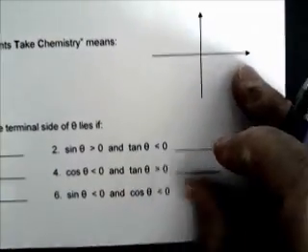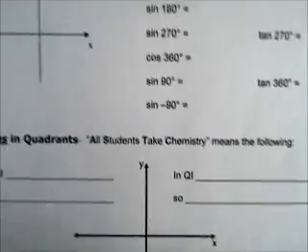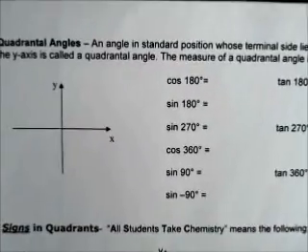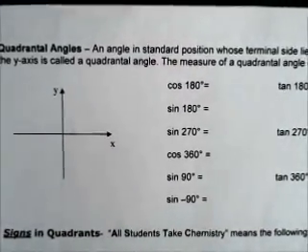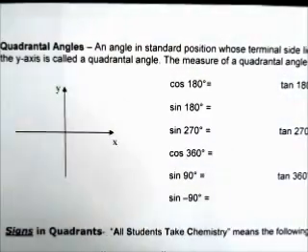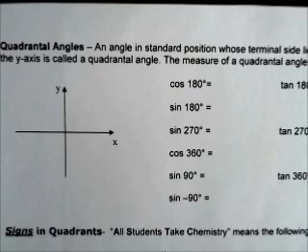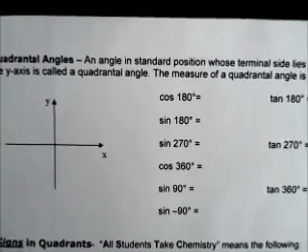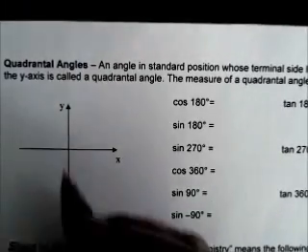And continuing on to page 7. Some more quadrantal angles. Remember, an angle in standard position whose terminal side lies on either the x-axis or the y-axis is called a quadrantal angle. The measure of a quadrantal angle is a multiple of 90. All right, so what we want to do here is